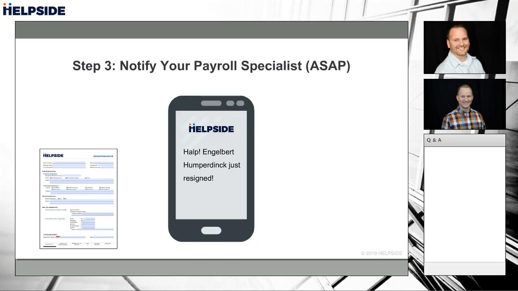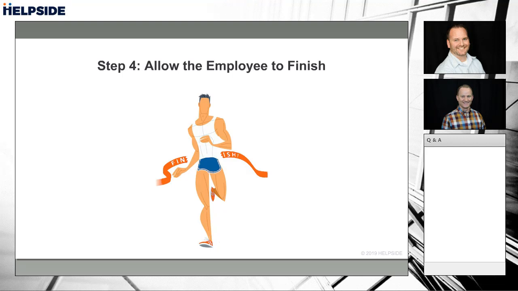And they do want to see the separation notice anytime anybody voluntarily leaves or anytime anybody involuntarily leaves. So anytime somebody leaves your organization, get in the habit now, if you can, of doing the separation notice and sending that to your payroll specialist. It helps us out a lot, and it really keeps you in compliance with final pay laws and other issues that could potentially come up. And your policies too. Some companies do pay out PTO when somebody leaves. Some companies don't. So whatever your policy says, that's what you want to follow.